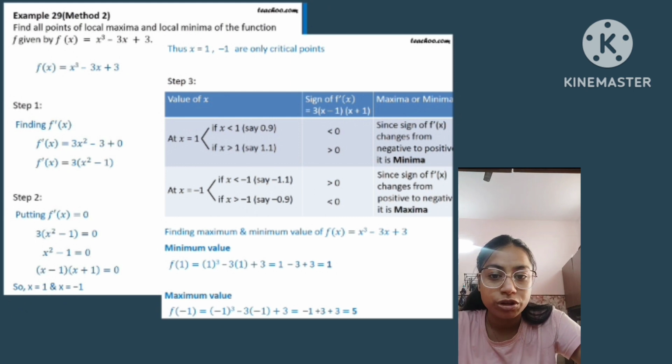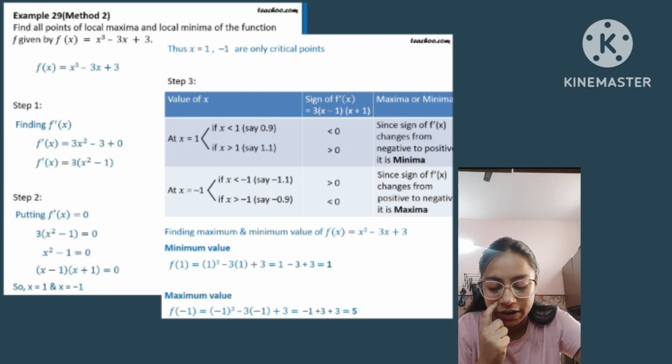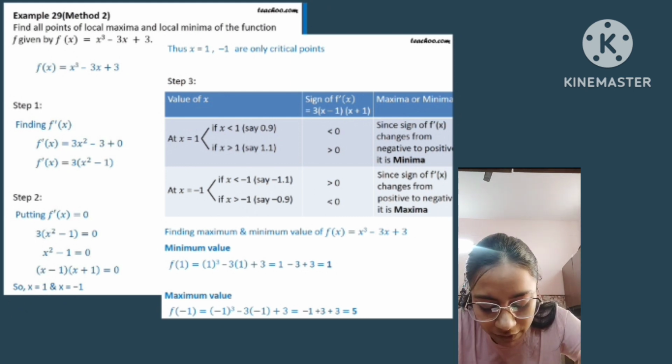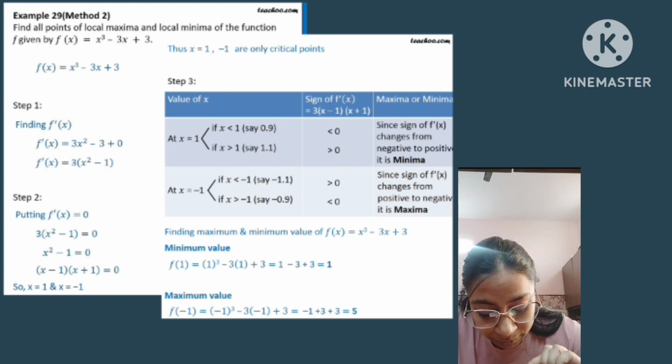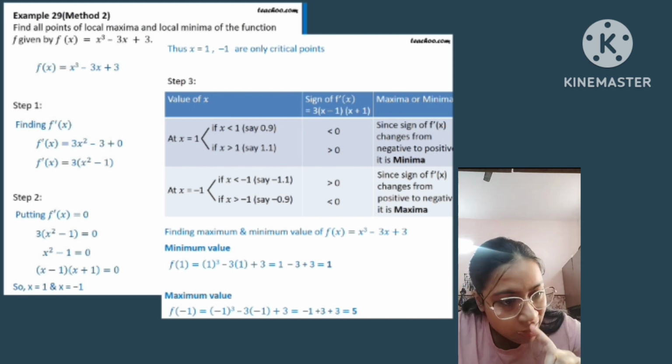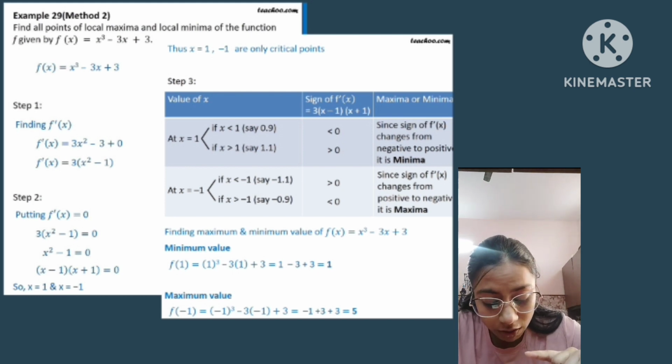Let's see the same question by a different method, which is the first order derivative. As we have already found the critical points, that is 1 and -1, how can we find local maxima and local minima by the first order derivative? For the critical point x equals 1, we'll take a value which is smaller than 1, suppose 0.9, and greater than 1, suppose 1.1, and put these values